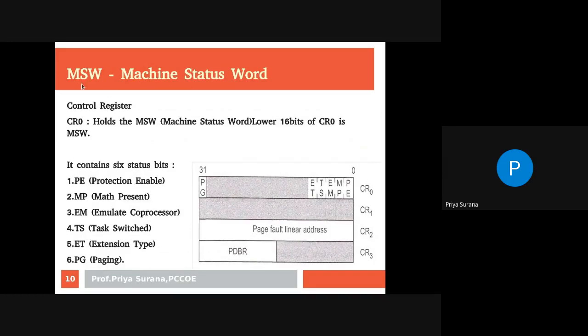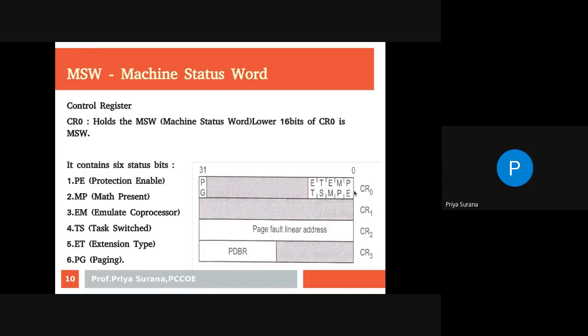So MSW, the long form, is machine status word. Control register CR0 holds the MSW, that is, the lower 16 bits of CR0 are the MSW. If you check CR0, it is 32-bit.